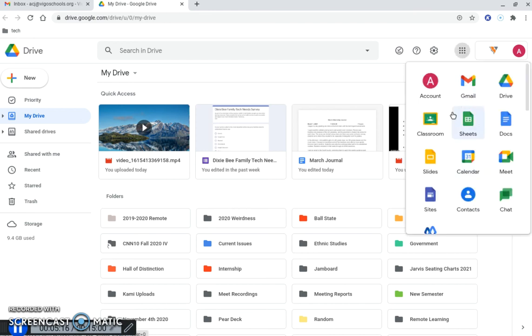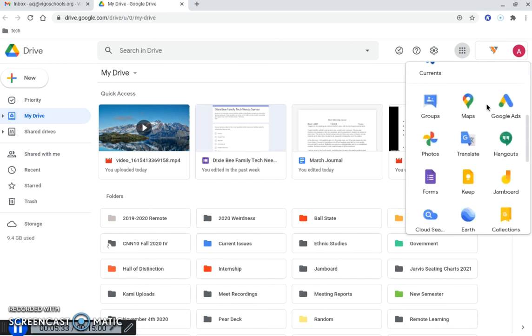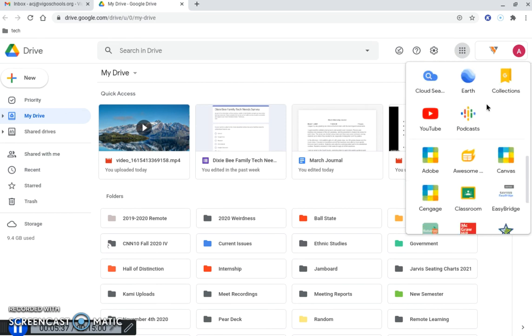So that pretty much takes care of all this. Also, Google Classroom is accessible through that waffle. If you are interested in learning more about Google Classroom, we're going to have a separate video specific to Google Classroom. And the apps that the students have might be a little bit different, but down here at the bottom, I did want to point out,